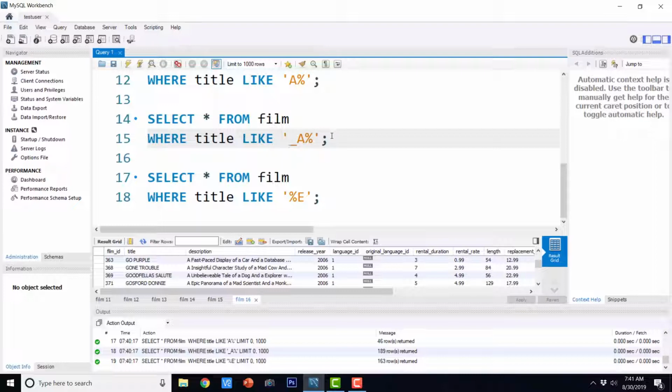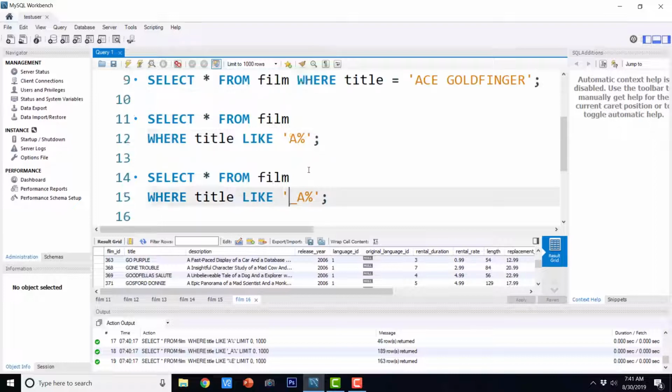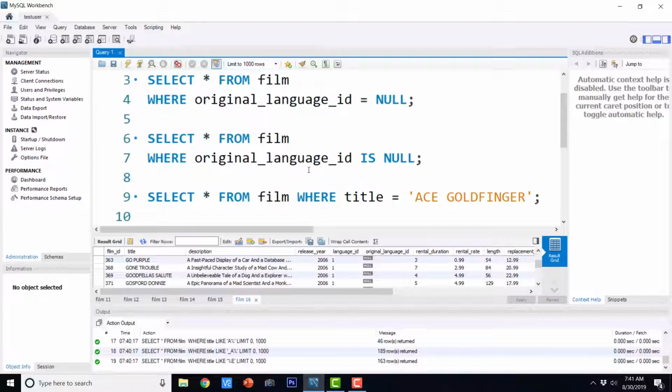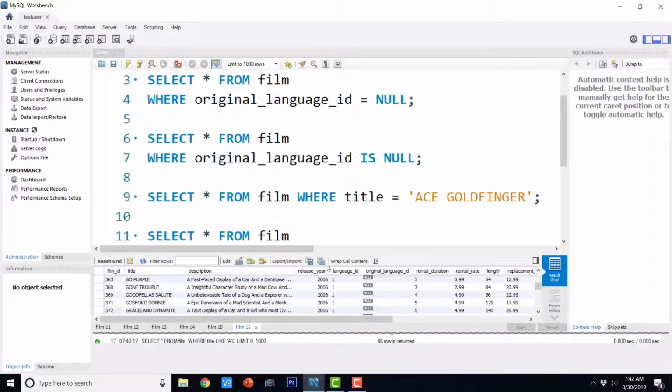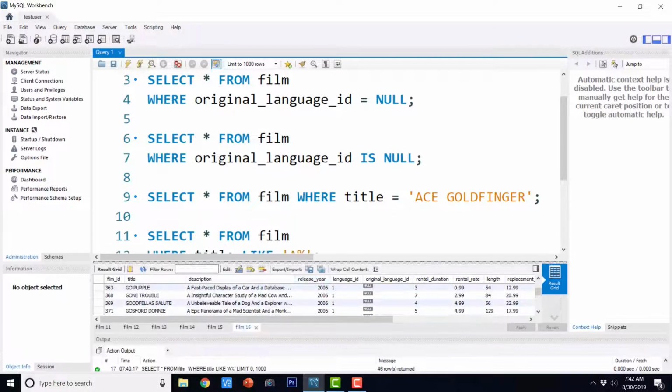So this is how you can work with strings and patterns, and compare them using the LIKE operator. Let's have a small review of this video lecture. In the beginning we saw what NULL is. We had a review because NULL is an important concept and you must know how to work with it. Then we saw how we cannot compare NULL using the equality operator, and we need to use the IS operator to compare NULL with the data in any column.